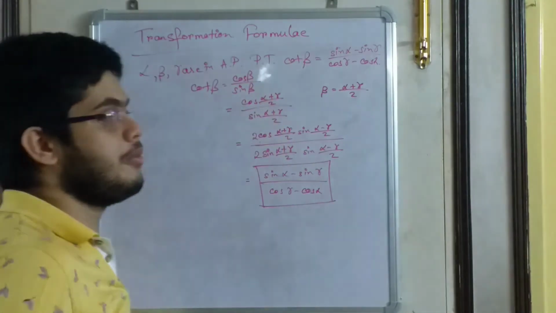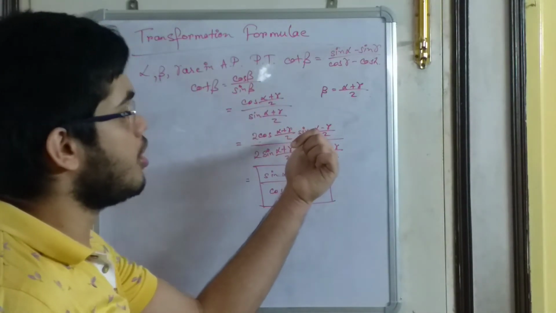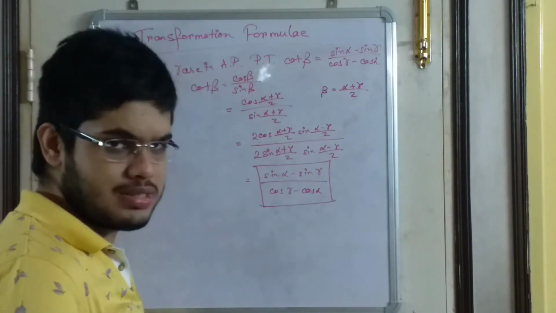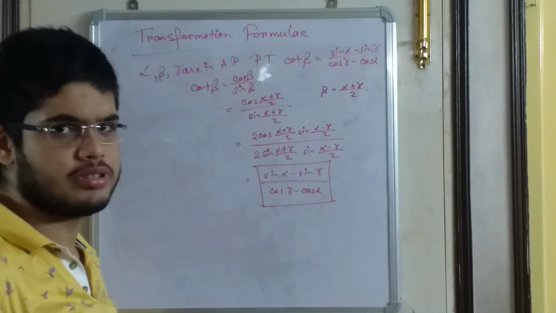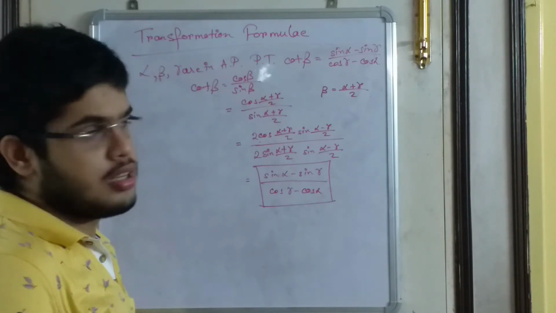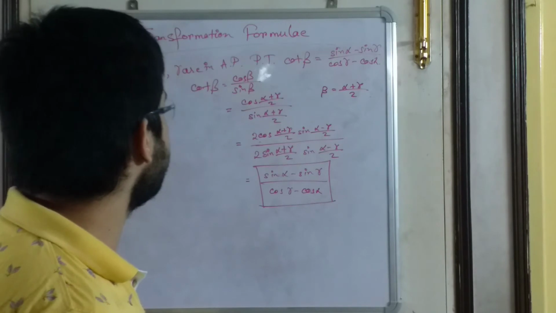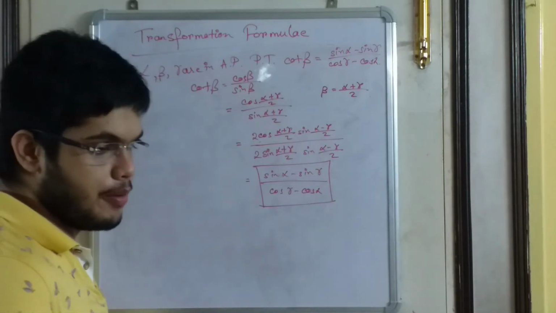Simple, you only have to sort out what we will multiply here, and then simply use the transformation formula. These transformation formulas are a bit difficult to remember, but if you once remember them, they will be very, very useful for you. Okay, so this problem is done.